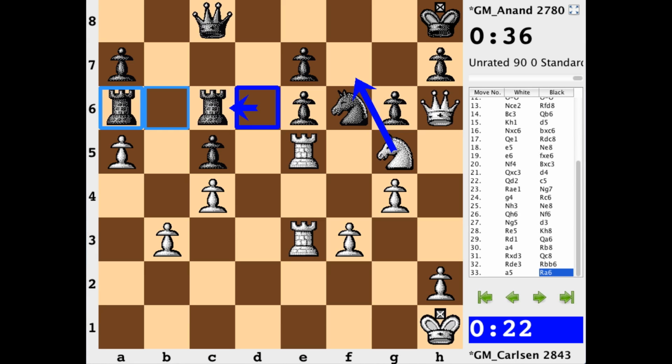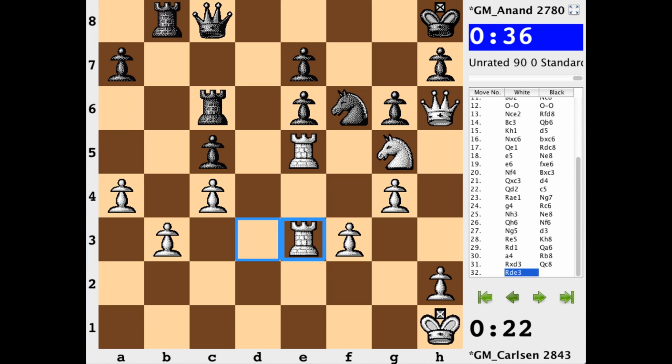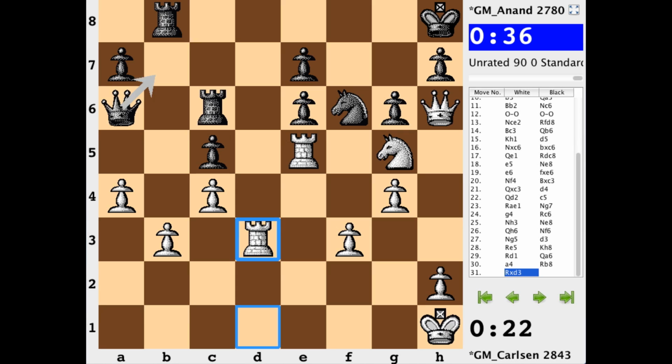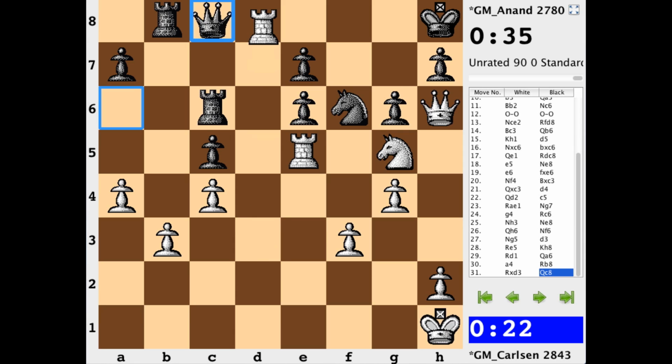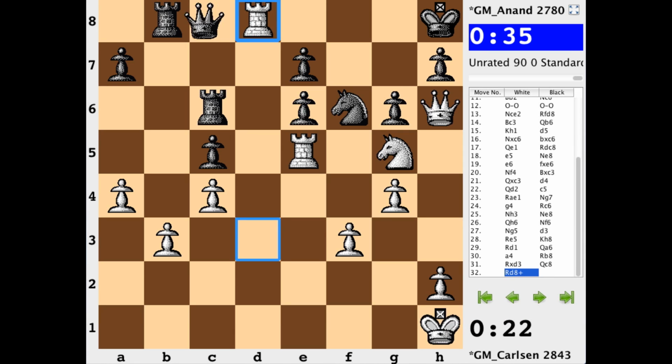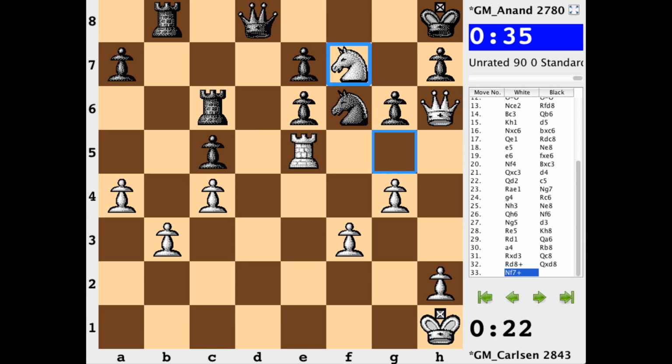The rooks are basically immobile at this point, but it's something much worse than that. Really, the idea here is that the queen can't even come back to this c8 square to defend against e6, because we would have the tactical shot rook d8, again with this idea of a knight fork.